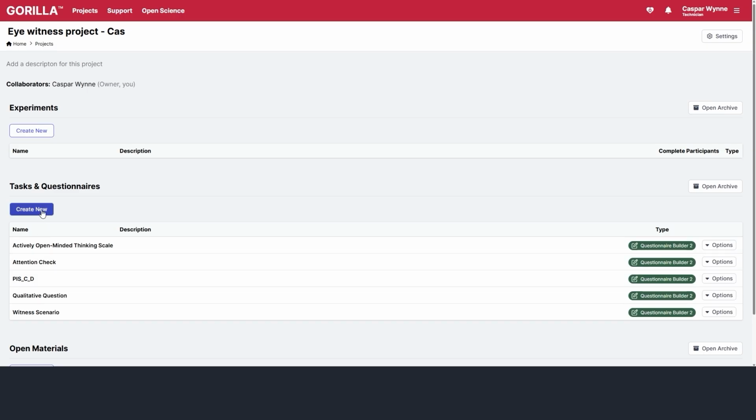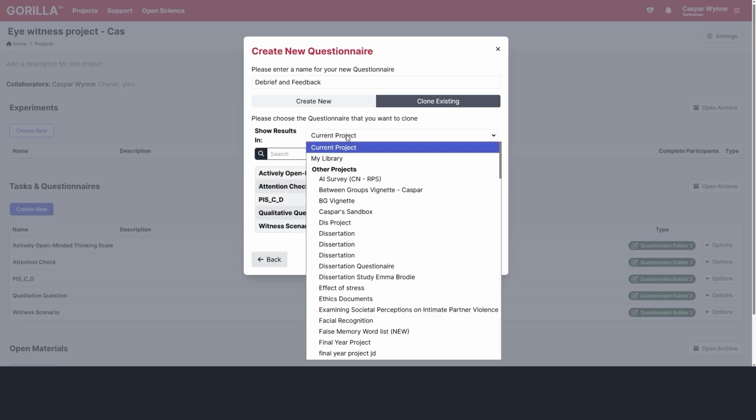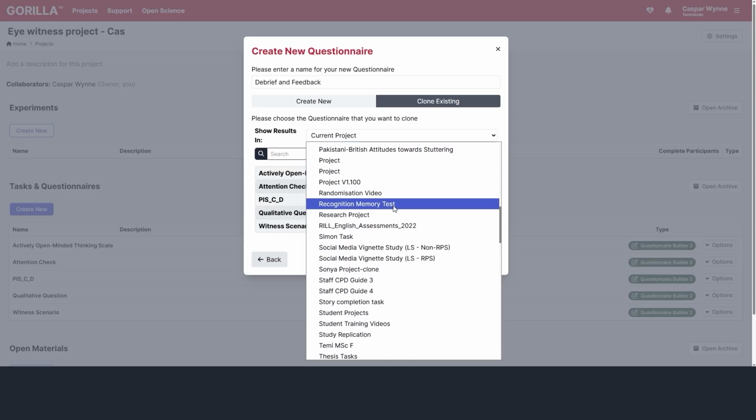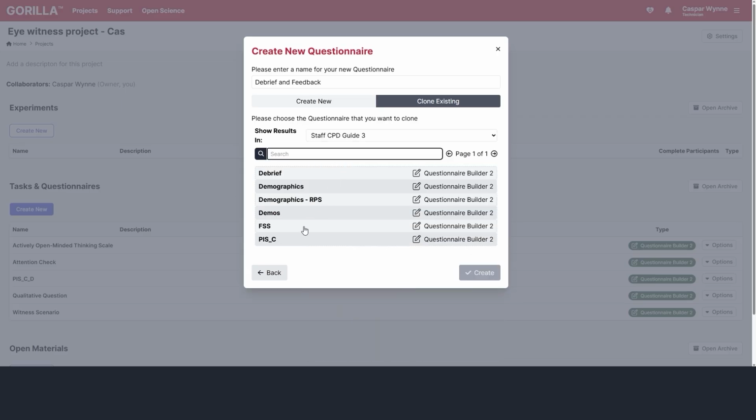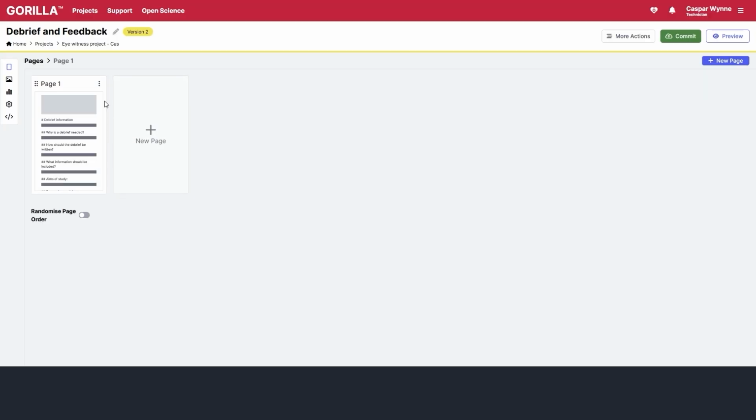All that remains to be done now is to create the debrief questionnaire with a feedback page. But this time, we're not going to create a new one from scratch. Instead, I'm going to clone it from an existing project on my account. This works very much like importing a template, but relies on you having the questionnaire or task that you need